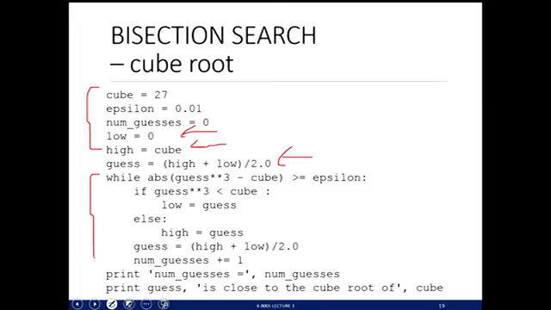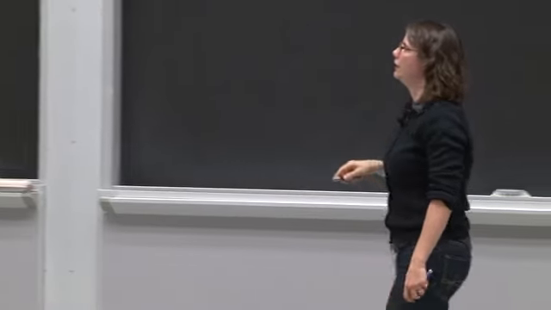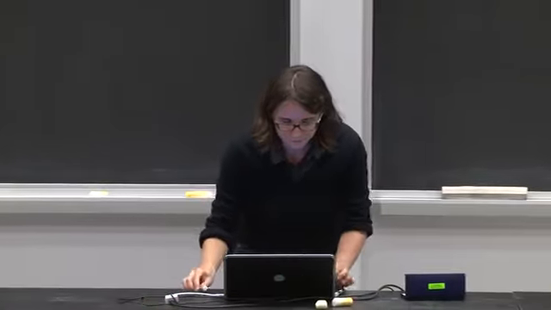Then I have this while loop here. The while loop is similar to the approximation method: as long as I don't have a guess that's good enough, depicted by this greater or equal to epsilon, I'm going to keep guessing. That's what this while loop is saying. So if the guess to the power of 3 minus cube is not good enough, keep guessing. And the way I keep guessing is